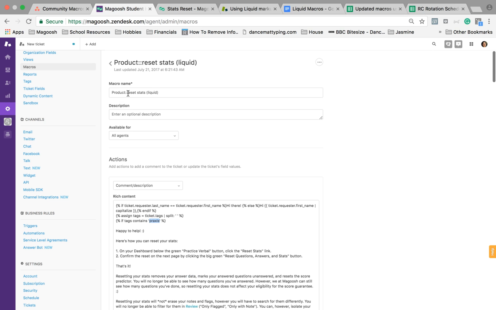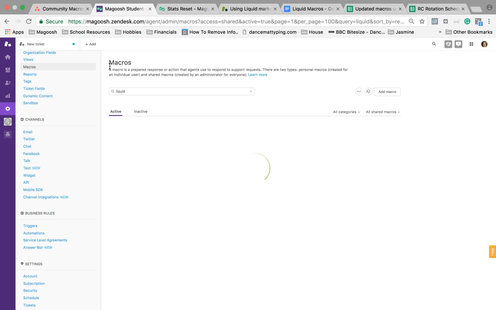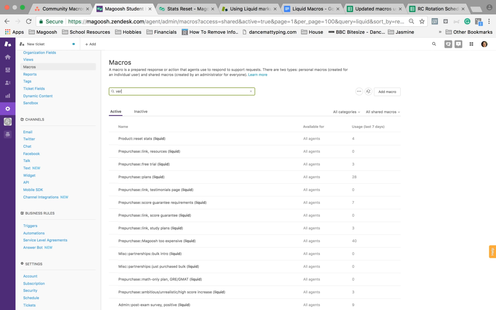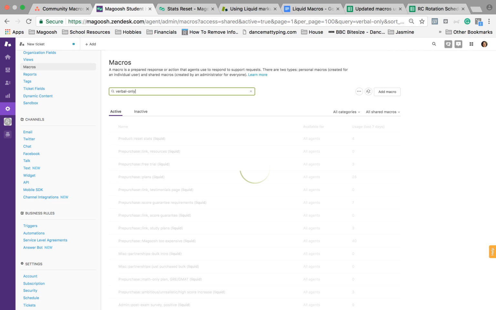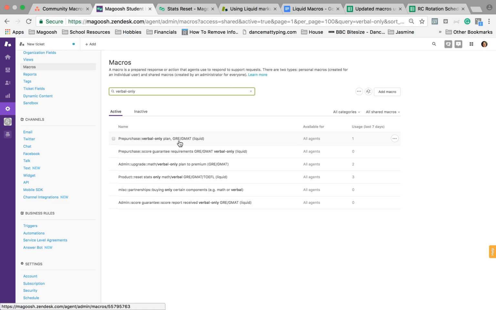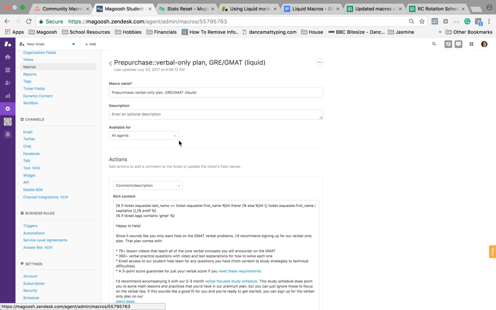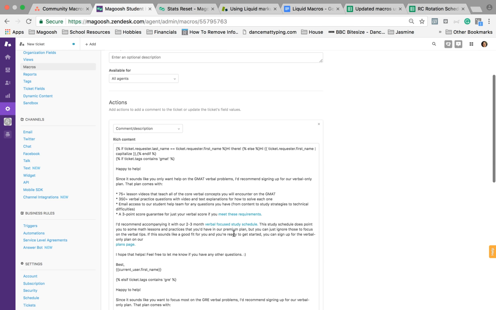Okay, so if I were to go back, there we go. First one. Okay. No need for that particular array at the top. So here's what we're looking at. In order to fix this particular macro,